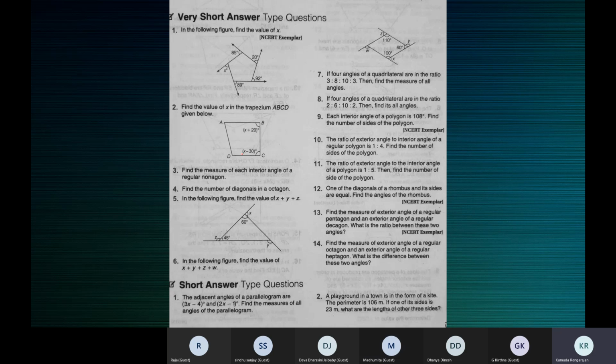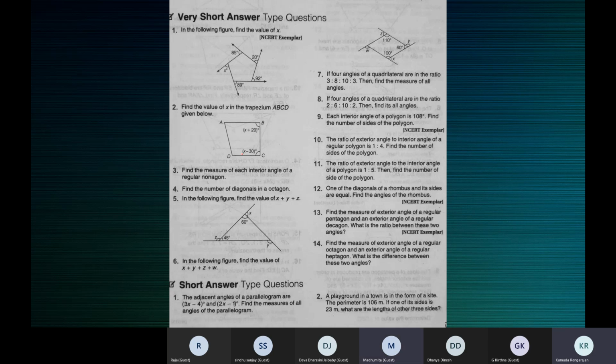No. That we cannot do because that means we are using the property that the sum of all the exterior angles is 360. In that case, we can directly write X plus Y plus Z plus W is equal to 360. We can write straight away. So we cannot use that property to find W. It's like we don't know that.